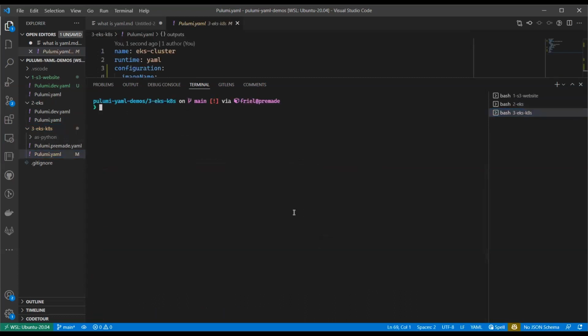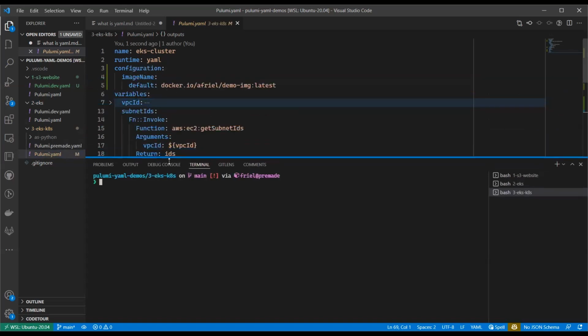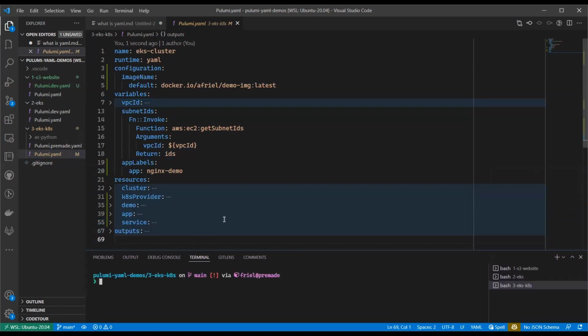Lastly, for our YAML program demos, I'm going to take that EKS cluster and demonstrate how we can use that cluster declaration to deploy some Kubernetes resources onto the cluster in the same YAML program. So obtaining some of the same levels of sequencing and complexity that you can get in one of our other supported languages without having to buy into all of the complexity of having to run a runtime or compile a program for those other languages.